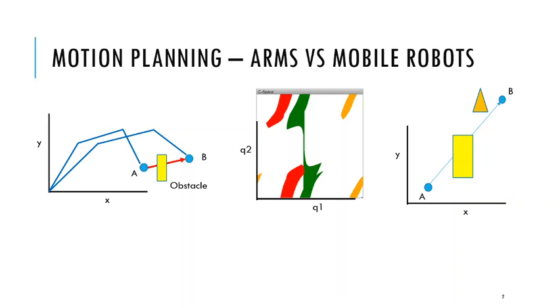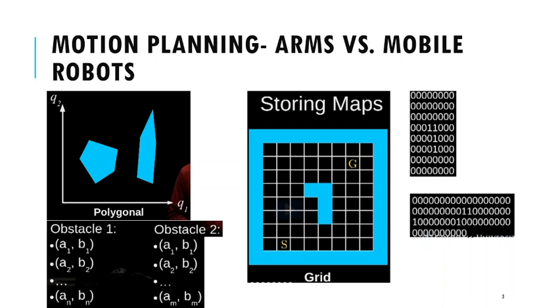Similarly, in the last lectures that I have explained, here also ARM versus mobile robots. In mobile robots also you will save your obstacles in the same way, or save your map in the same way as the last one. So well, it's just a map where